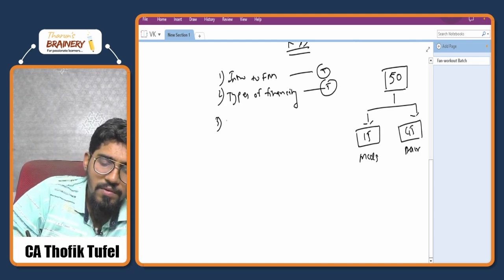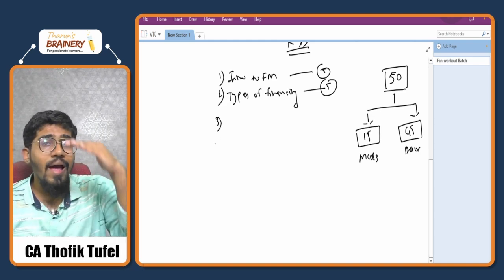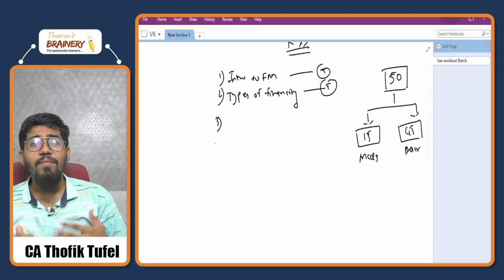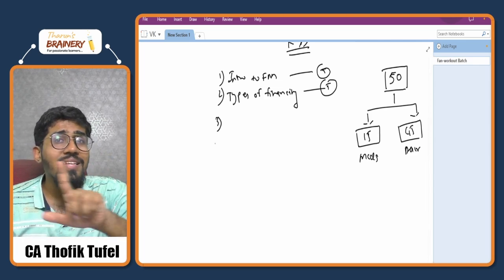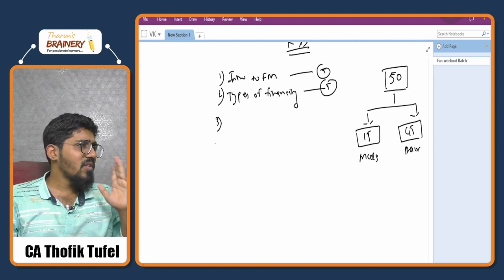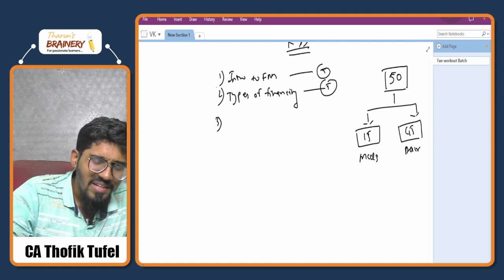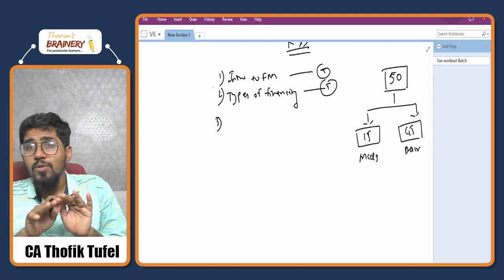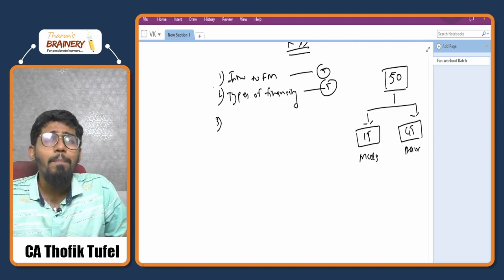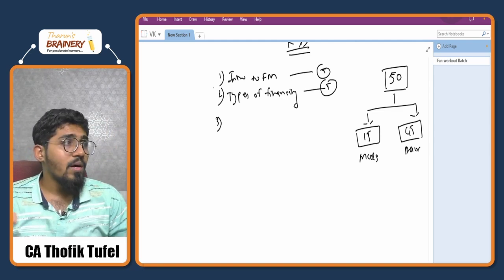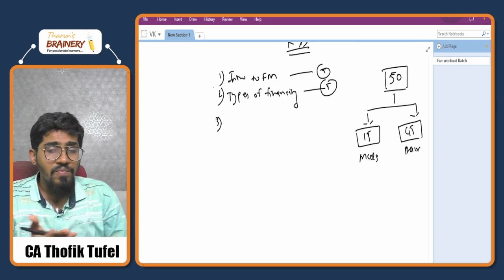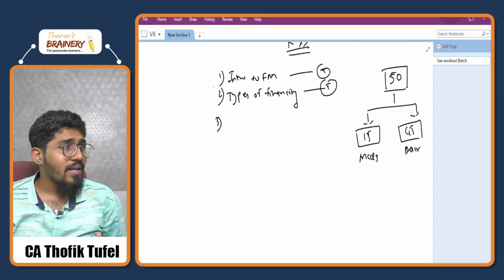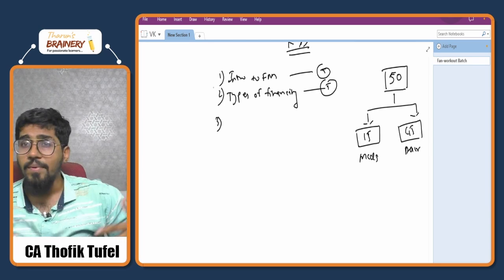Third, we are going to start with the analysis chapters. This will be my order of coverage. Then we will cover the chapters that involve analysis. First, I am just starting with a little bit of theory, so for the first 5 to 10 minutes, you listen to me. Once a base is created, beyond that base we are going to cover the entire financial management. So a foundation will be created, then slowly I will build blocks on that, and then this revision will be completed.